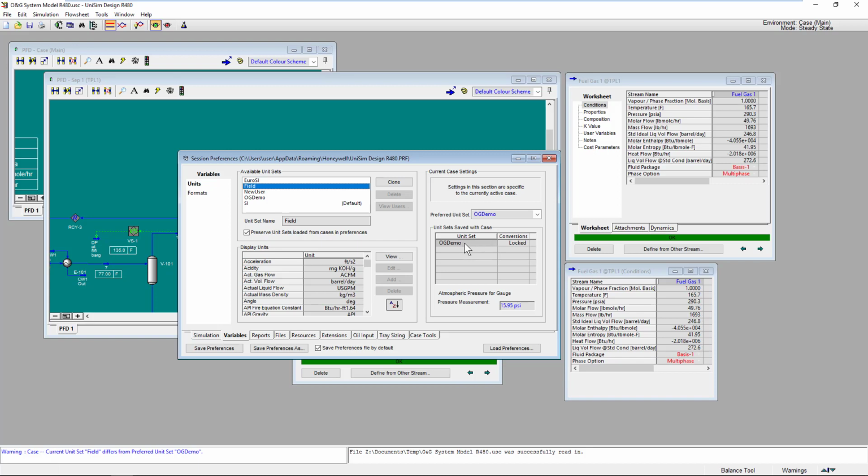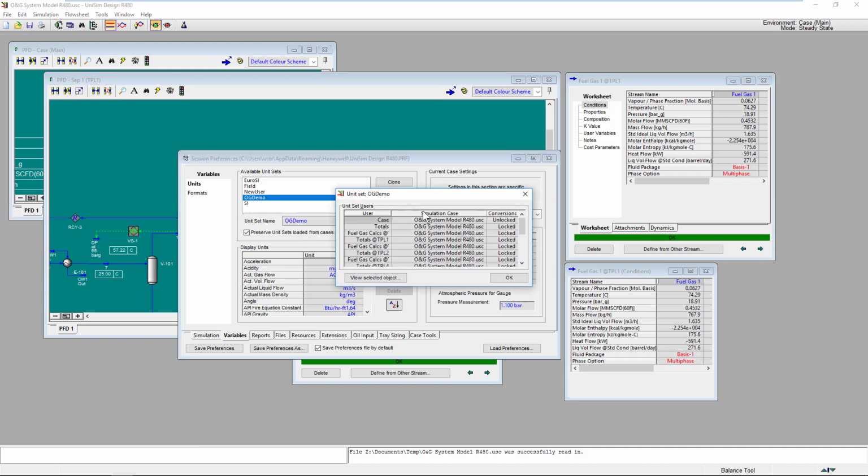Okay, and the final thing to note over here is that we see an explicit list of all the unit sets that get saved inside the case. Sometimes, for example, if your spreadsheet is using a given unit set, then UniSim Design knows that it's going to have to save that unit set inside the case. And over here we can see exactly the unit sets that are being saved inside our case. So here we have the OG demo set being used. And we can see exactly who's using that if we select the set and press the View Users button. So it tells me in this case there are lots of spreadsheets that are using that OG demo set,